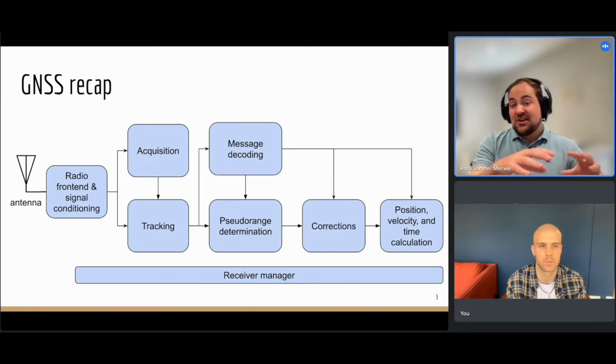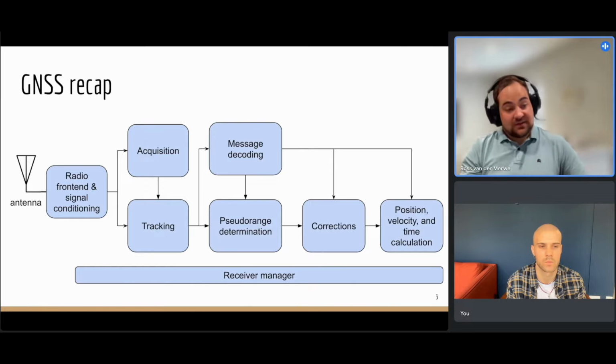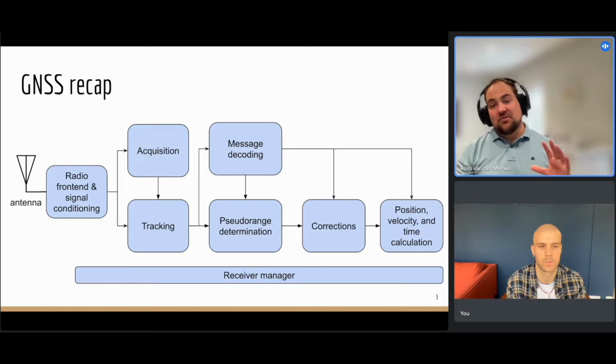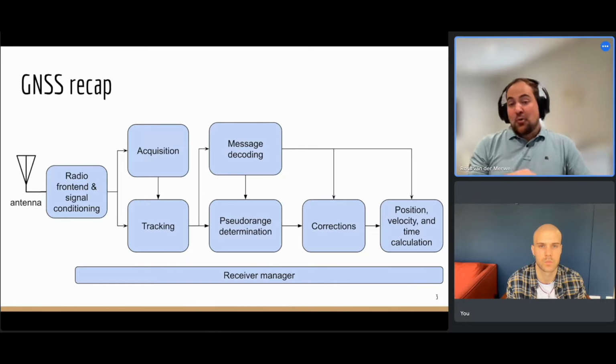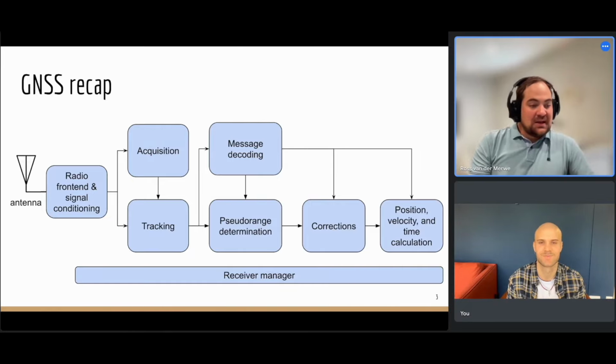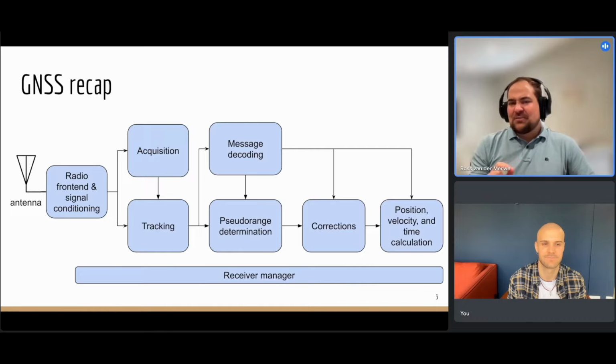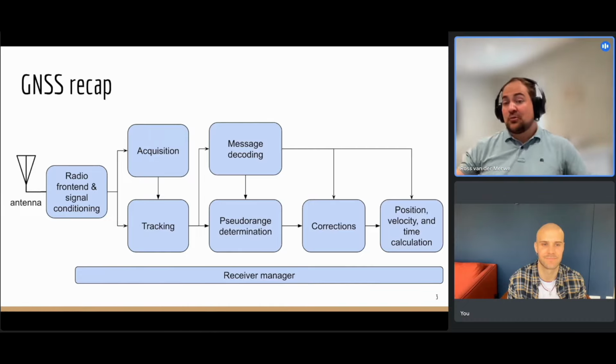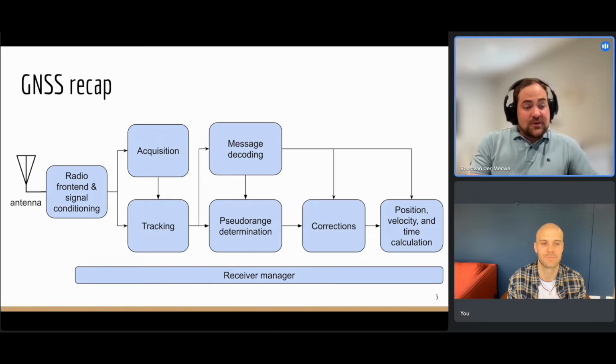So this is really the last stage and the heart of a GNSS receiver, where we've done all this processing, all these approaches, and now we know where we are, how fast we are traveling, and what our time is. And knowing the time is really important. I think usually when you think about GNSS, you think I'm driving somewhere, I want to know on which street I am. But a lot of people use time to know exactly when they are.